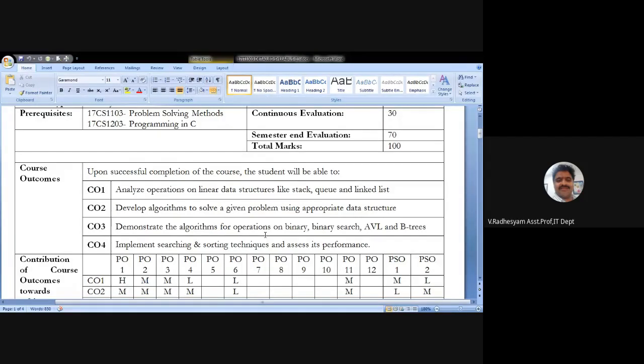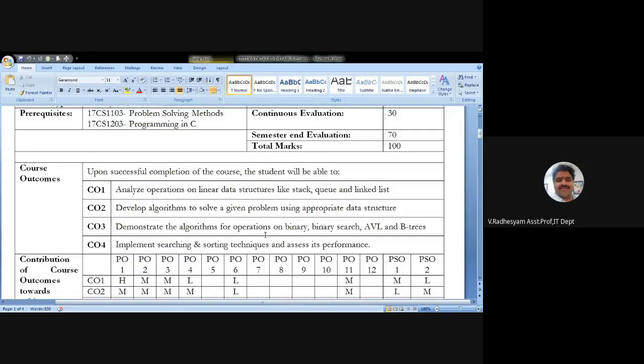Whatever we studied in our first year course, arrays, structures, strings, unions, all those are data structures only. Now the continuation data structures are stacks, queues, and linked list. The first CO tells about that same.